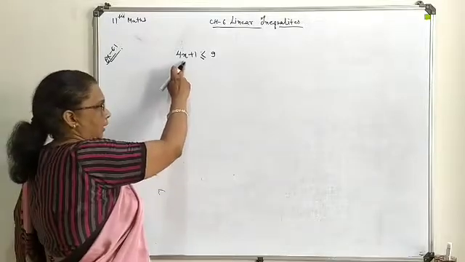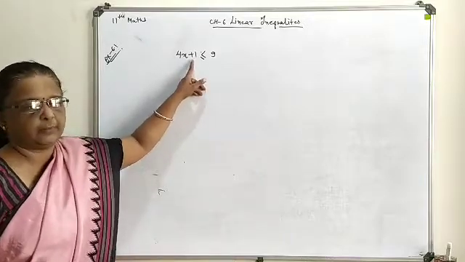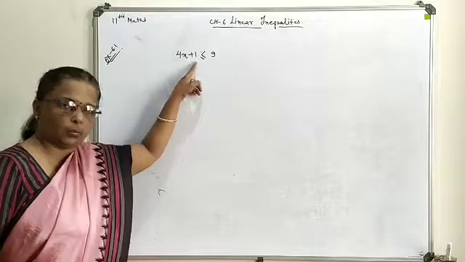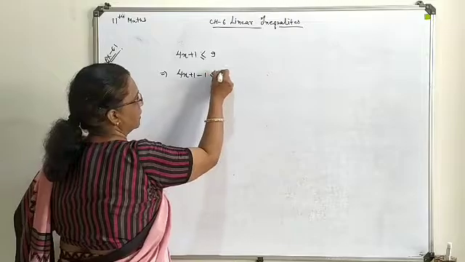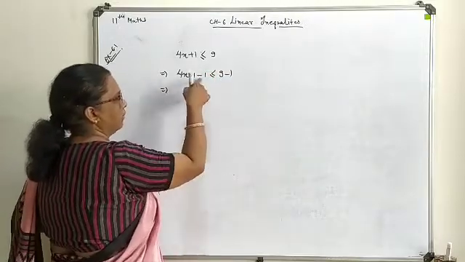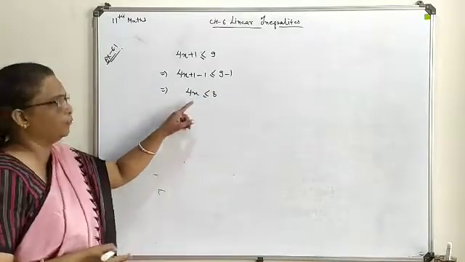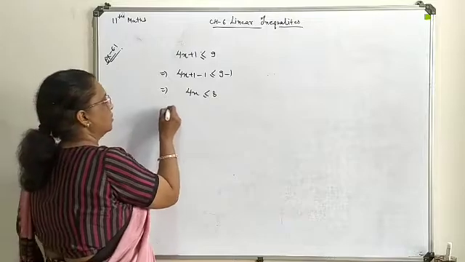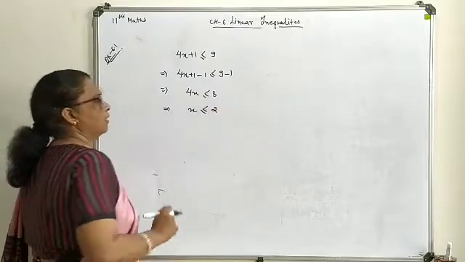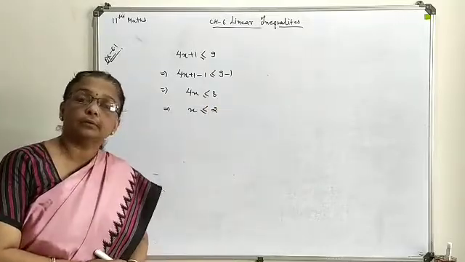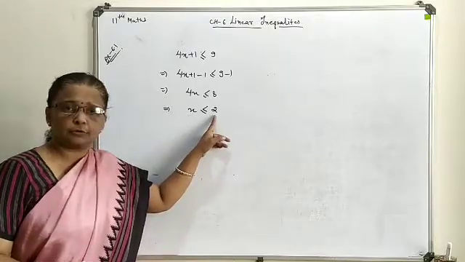Now, anyhow x is to be separated out, so first of all this one is to be removed here, and for that purpose both the sides go for subtraction by 1. So that will be your 4x plus 1 minus 1, both the sides the same property you will implement. Here 1 cancels, this is 4x. Dividing both the sides by 4, anyhow this x is to be separated out. So this will be your x. 8 by 4 means 2. Means your x will come as less than or equal to 2. Now here we are going to write the answer form less than or equal to 2.